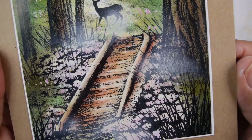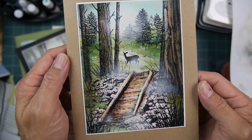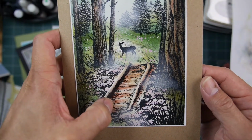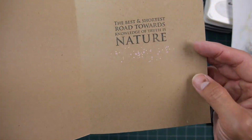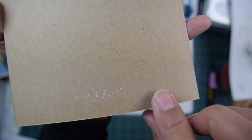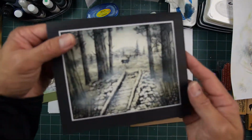some nice visuals right there. I'm glad I put in the pink. I think that really added to it. And pink against that green makes a nice complement. Notice the variation on the bridge. Okay, the alcohol markers really come in handy. I should have done it before and after. I tend to forget about doing that type of thing, but...